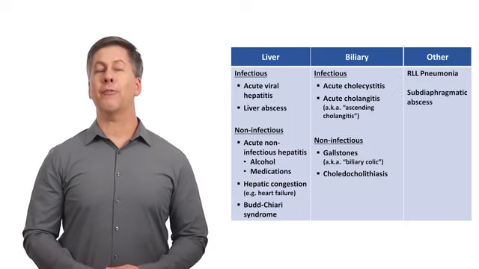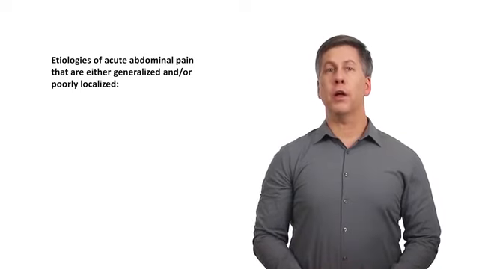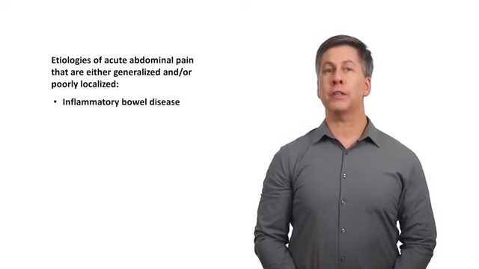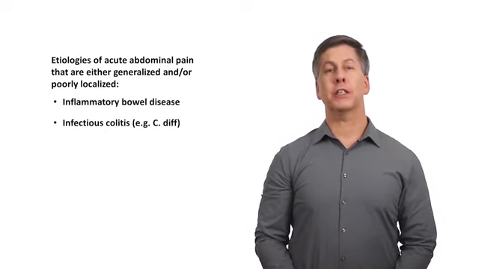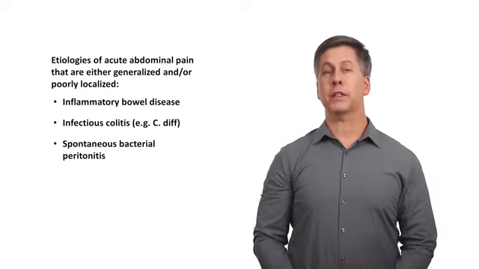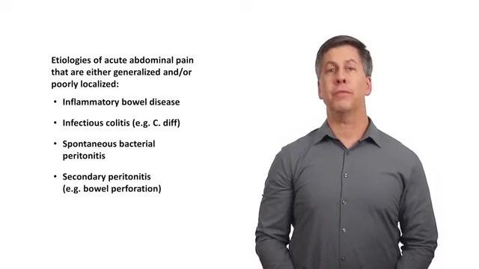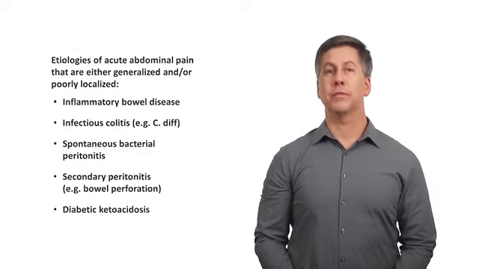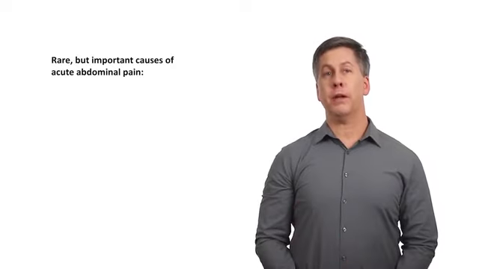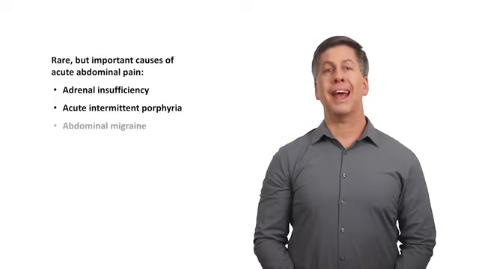There are some etiologies of acute abdominal pain that can be either generalized or poorly localized, including inflammatory bowel disease, infectious colitis such as C. difficile, spontaneous bacterial peritonitis occurring in patients with chronic ascites, secondary peritonitis, typically occurring from bowel perforation, and diabetic ketoacidosis. Some relatively rare but nevertheless important causes of acute abdominal pain: adrenal insufficiency, acute intermittent porphyria, and abdominal migraine,